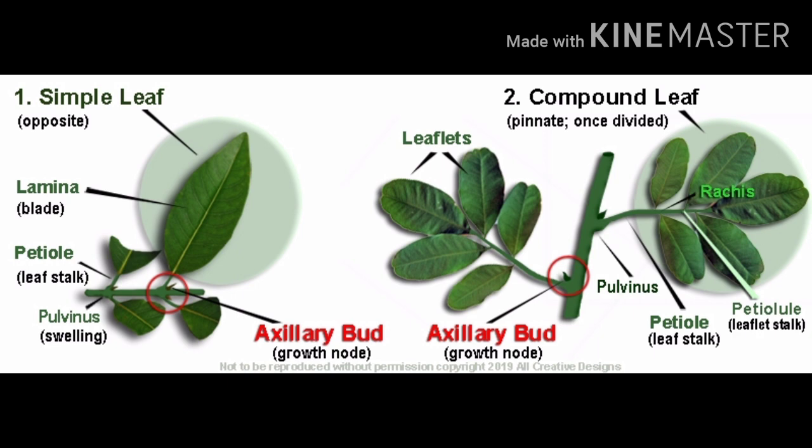Leaflets do not bear axillary buds in compound leaves, but in a simple leaf there is an axillary bud. The stalk of a compound leaf is called the rachis, which has an axillary bud, but in a simple leaf the stalk remains continuous in the form of the midrib.